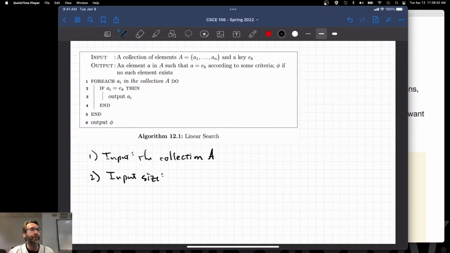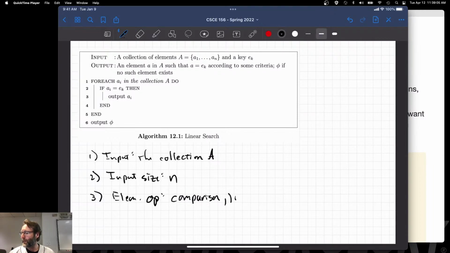It's encoded in the input. N, right? The number of elements in it. 3, what is our elementary operation? Well, we've already identified that in calling out to our example here, the comparison on line 2. Right? So, comparison